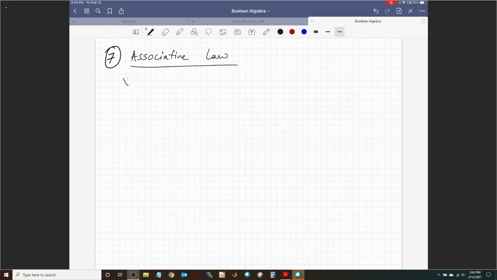So we have x OR y OR z, in which case, the first case, I am going to do the OR of x OR y first. In the second case, I'm going to do y OR z. And in the last case, I have x OR y OR z. So what is the proof here? Again, you can use Venn diagrams to do this. Let me try to save some time. Try to do it using